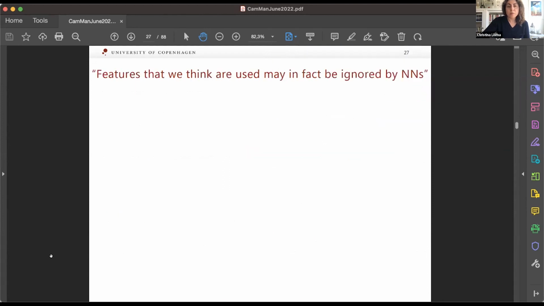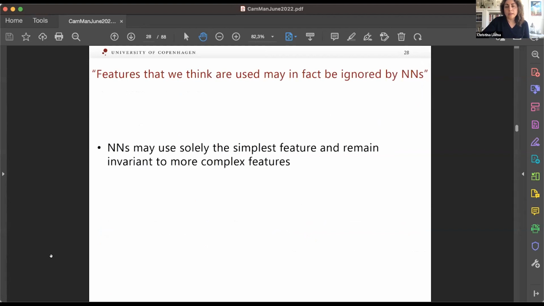So the gist of the problem is captured by this sentence here: features that we think are used may in fact be ignored by neural networks. And this is linked to the complexity of the features that we have available. There is a tendency sometimes for neural networks to use only the simplest feature available to them and to remain invariant to more complex features, to ignore complex features. Not because the complex features are not predictive enough.